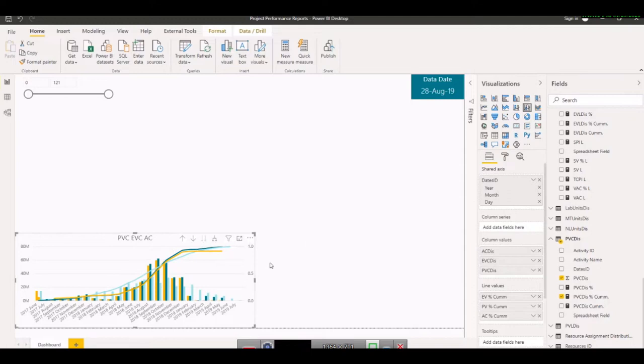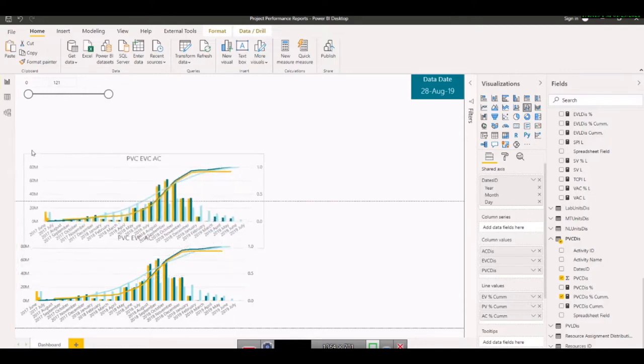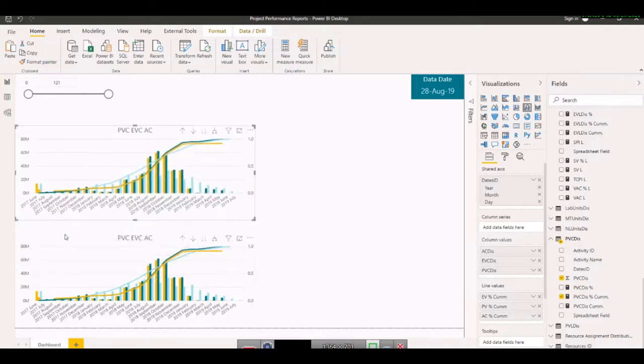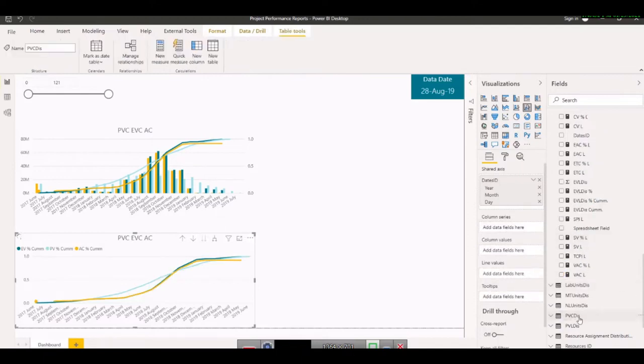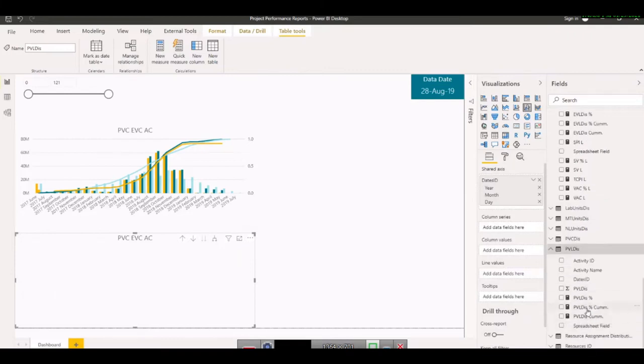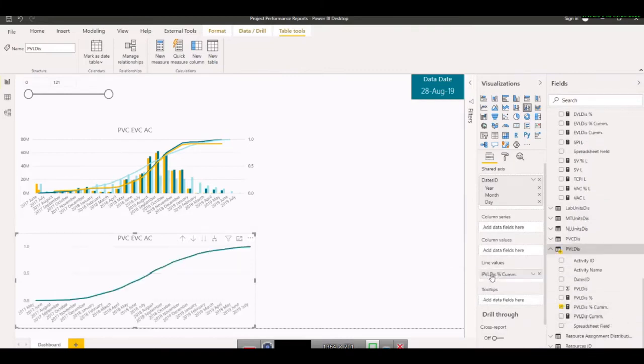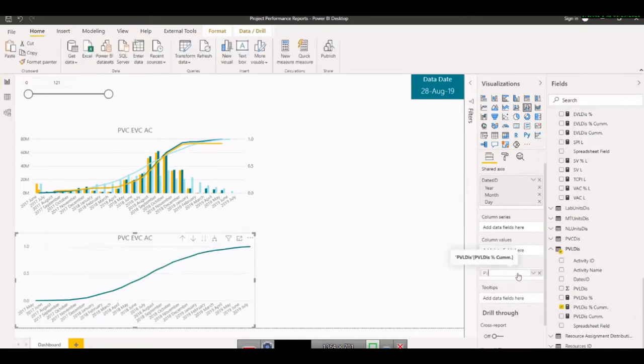If I go and make, for example, the same dashboard or same S-curve for the labor, we can make it for labor as well. Let's say I will make labor down here. First of all, I simply need to remove the values and bring the labor values. Where are the labor values? Planned value labor. I need this one in the line because it's a cumulative value. So I can simply call it planned value labor